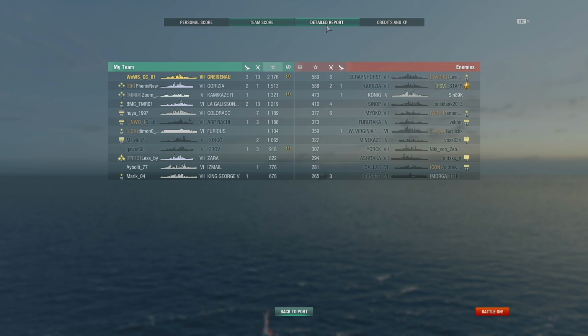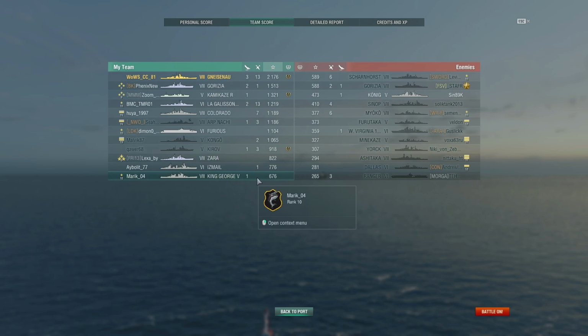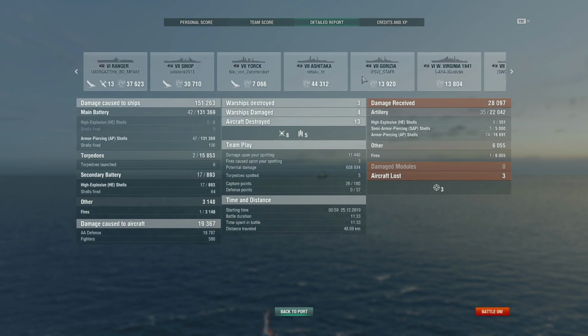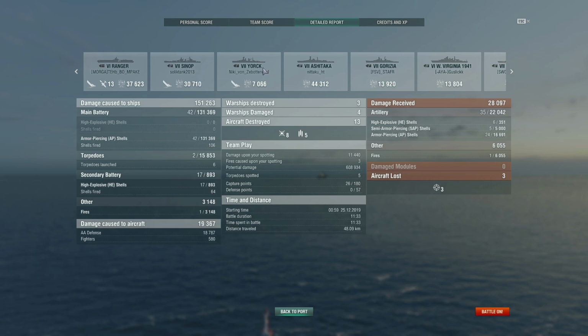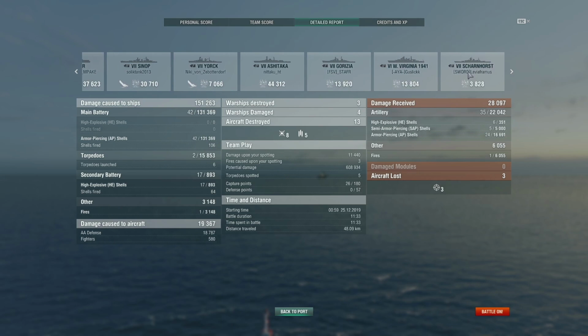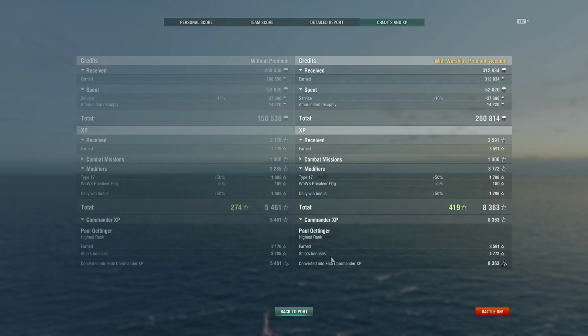2100 base XP at tier 7 in a full tier 7 match. This is some very good results, I think. I mean, better than this King George, huh? 589 on the Scharnhorst. Ranger, Sinop, York, Ashitaka. I mean, 6, 7, 7, 7, 7, 6, 7. This is probably why I got so much XP, because I actually fought ships my tier instead of the lower